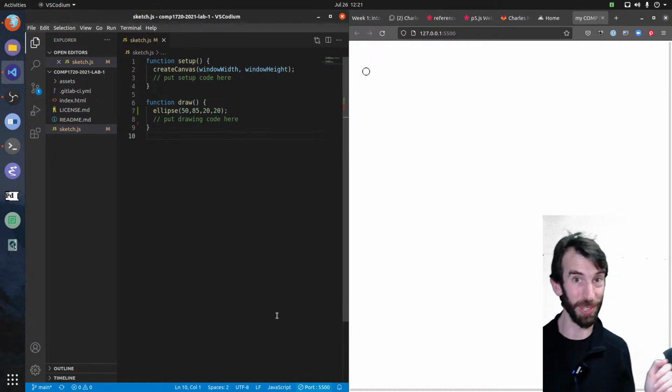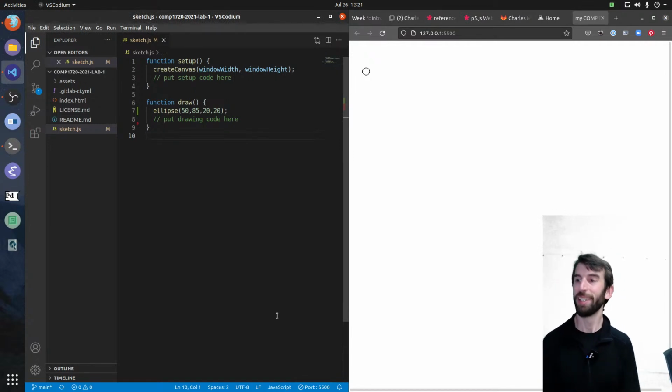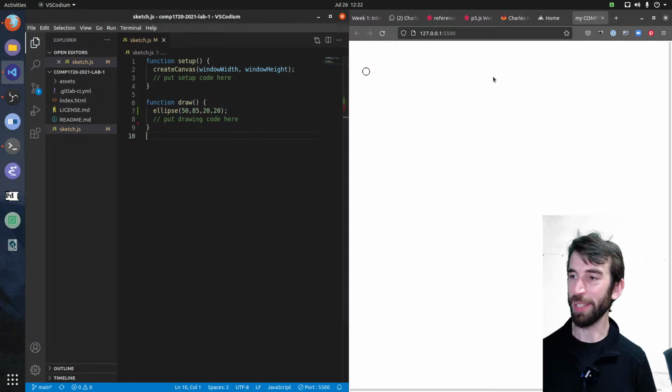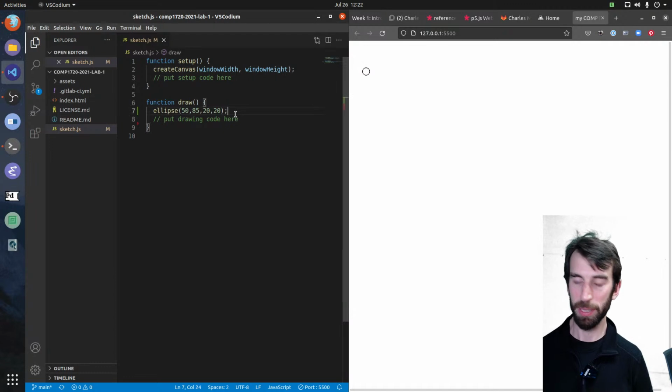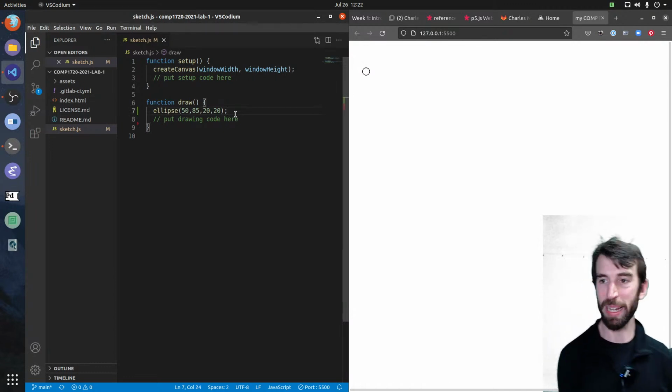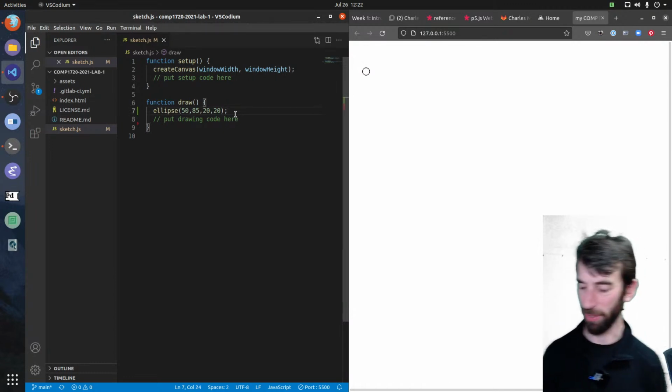Wow, we just drew a circle. And it's showing in my web browser. You can see this is Firefox that I was using to give my lecture. Well, I don't like that circle. I might want to make it bigger. So I'm using the wrong keyboard. How am I going to make it bigger?